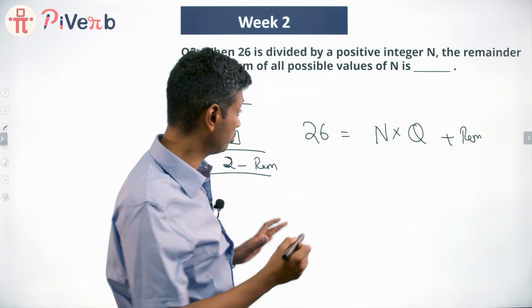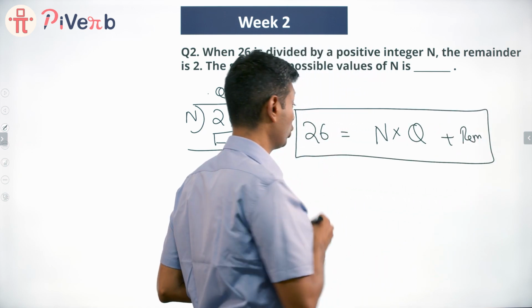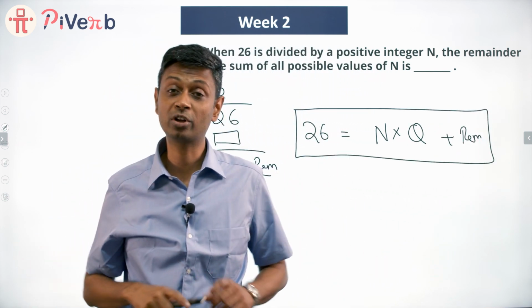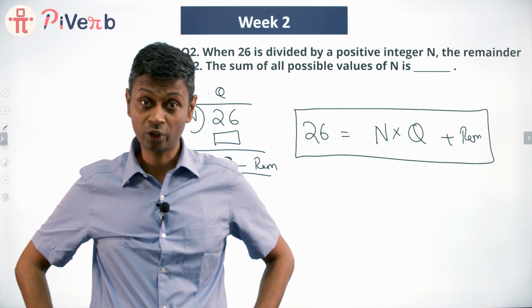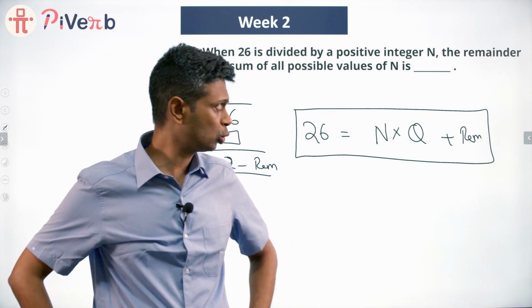What remains is called the remainder. Lovely. So this is the very definition of the idea of remainders. Write it down somewhere. Write it down on a big sheet of white paper. Stick it in your room where you study. Write it down in your math notebook. Very crucial thing. It's a fundamental property that's going to chase you throughout.